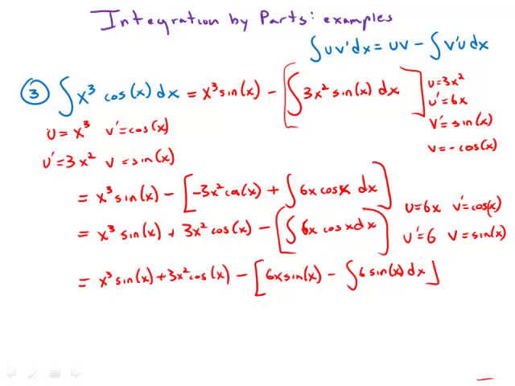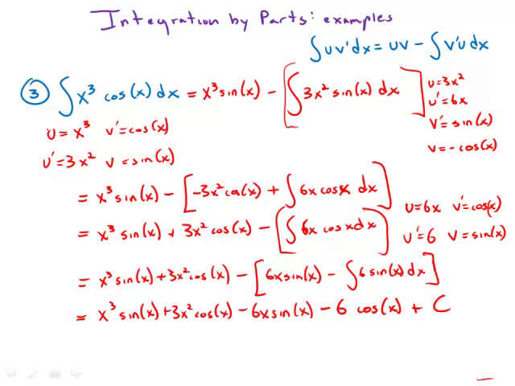Well, finally, that's an integral that we can perform using elementary functions. So what we get is x cubed sine x plus 3x squared cosine x minus 6x sine x plus the antiderivative of 6 sine x, and the antiderivative of sine is negative cosine, so it's negative cosine x